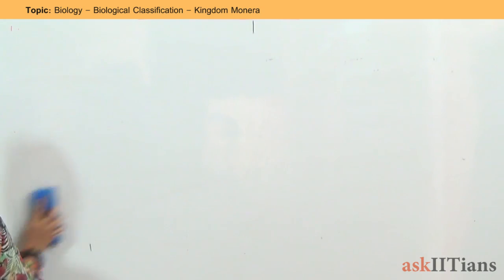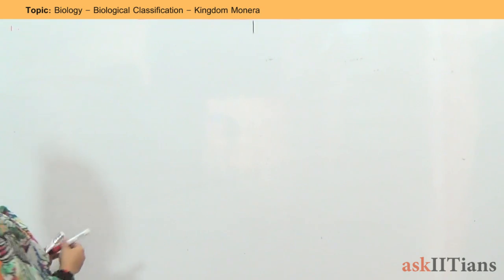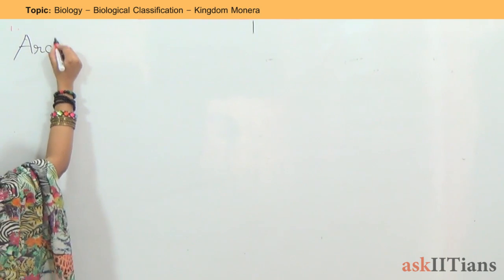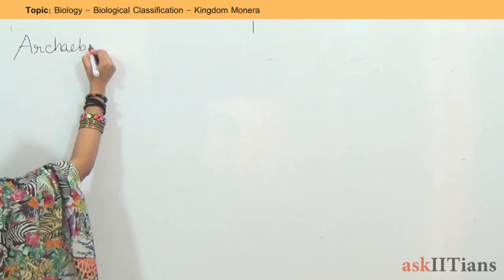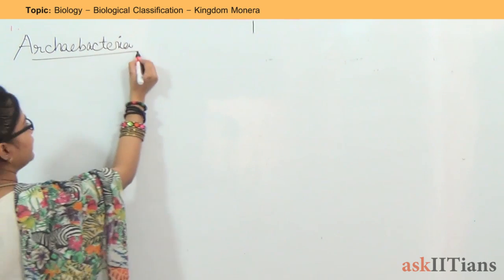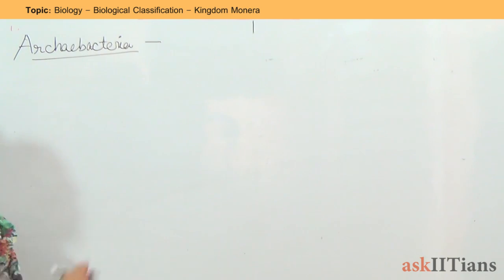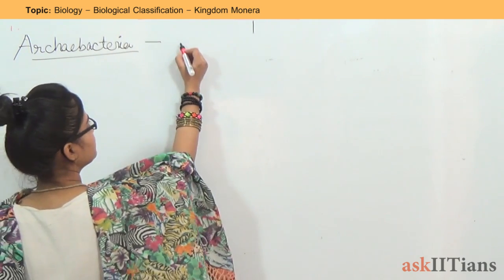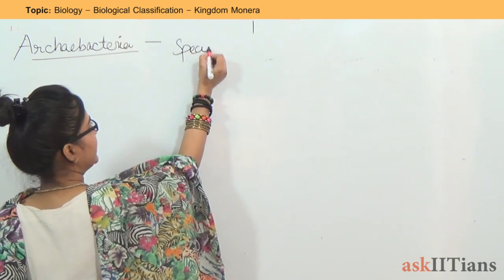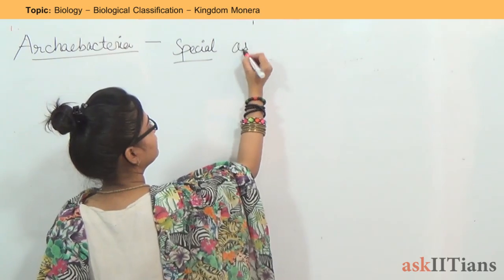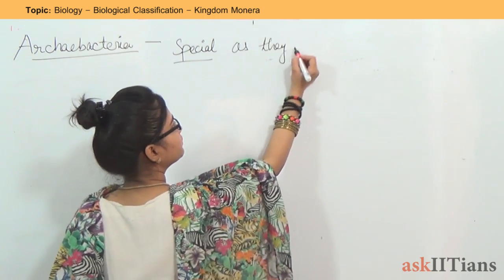First one we are going to take is bacteria. Under bacteria we are having Archaebacteria. They are a very special type of bacteria. Why are these special? Because they live